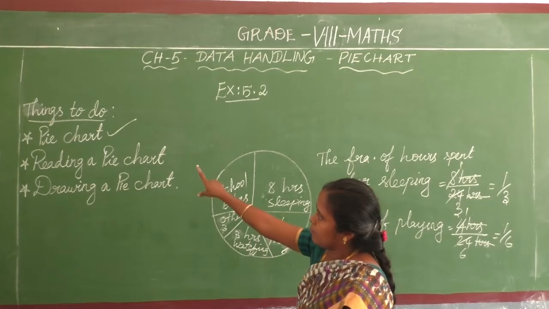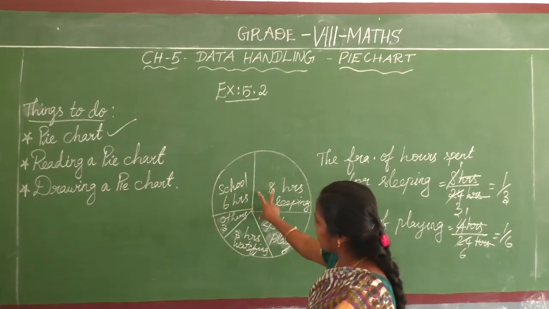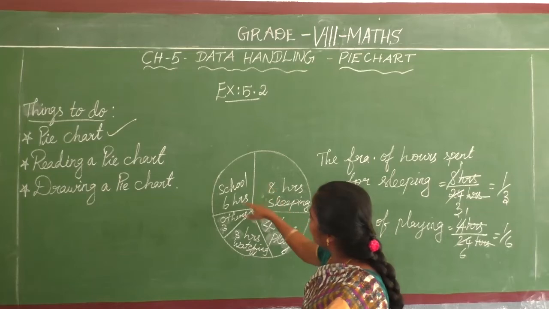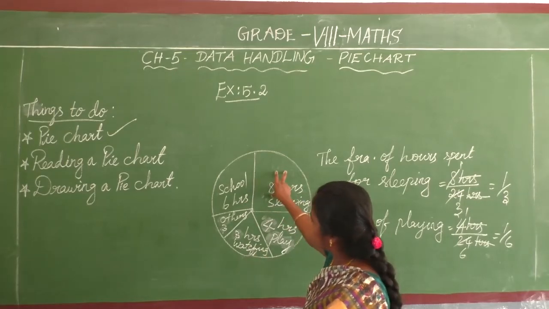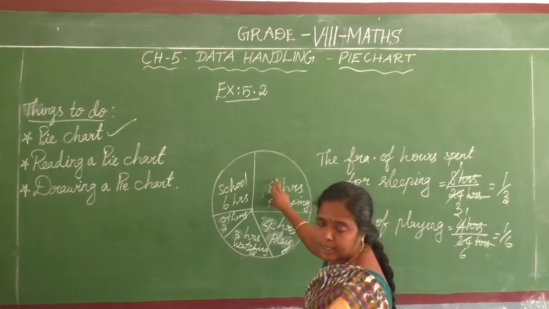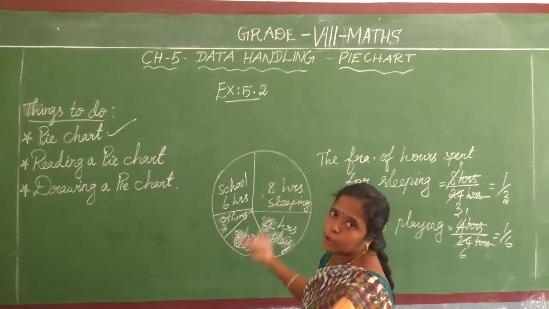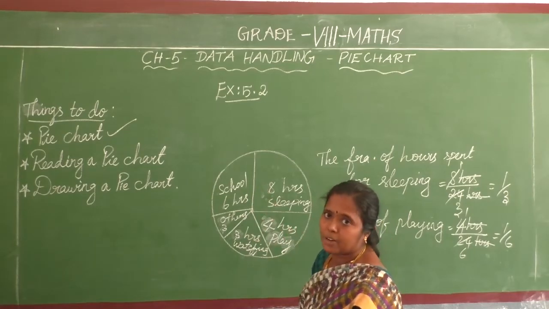Actually, you know how to read a pie chart. See here, the information is given in circular notation. Here some parts are also made, so each part is nothing but a sector or component. Here, to find its sector size, we use fractional ways. Clear? Fraction, you already know, is a part of a whole.